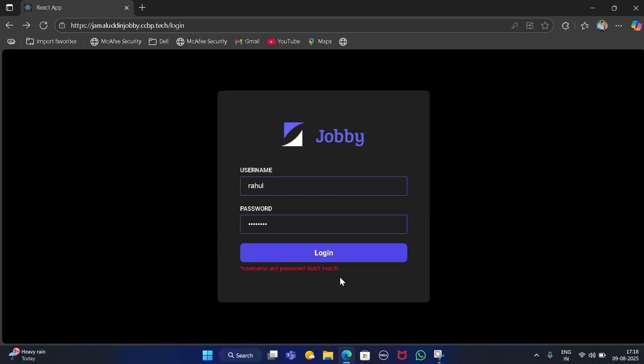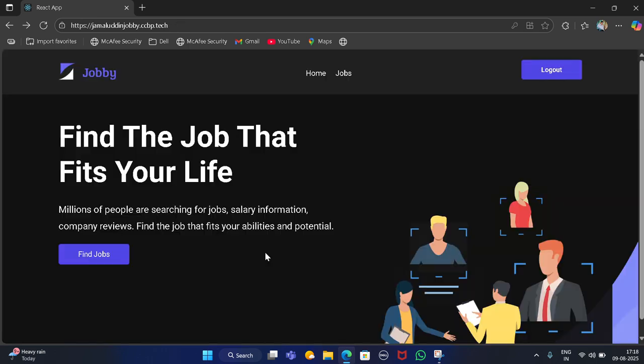Here, if the username is invalid and the password is valid, and they click the login button, it shows invalid username. If both username and password are invalid and you click the login button, again it shows invalid user. Once you enter the correct username and password and click the login button,